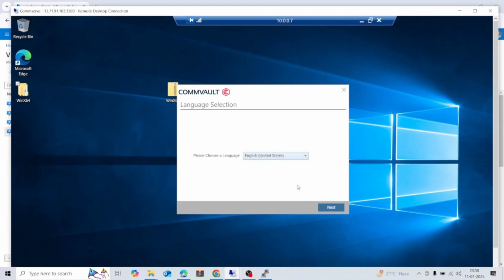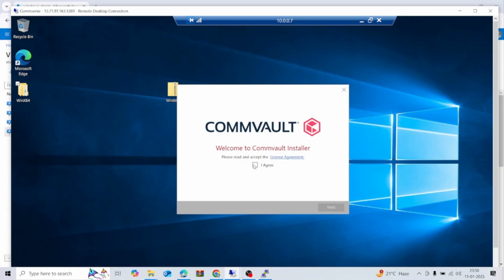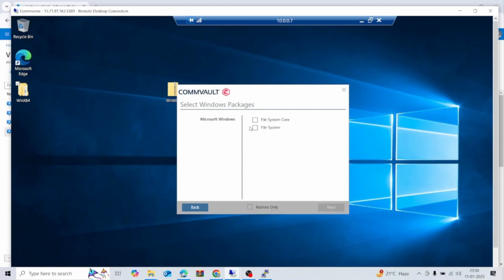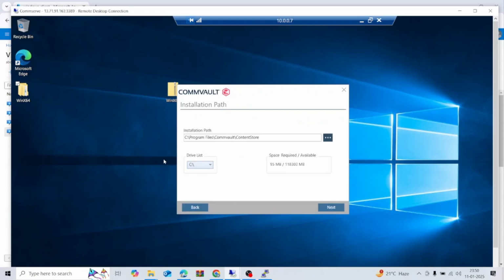Okay, so the wizard has started, the same way you install in the CommServe. I'm installing the packages on this computer. Go for the next. For the advanced selection you have to click. Go for next. I'm selecting only the file system packages. So go for the next. The installation path by default will select C drive, so that should be fine